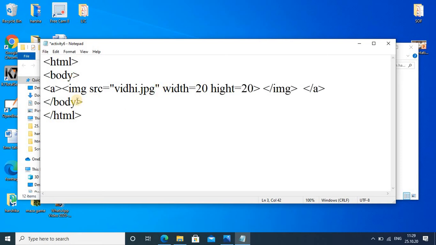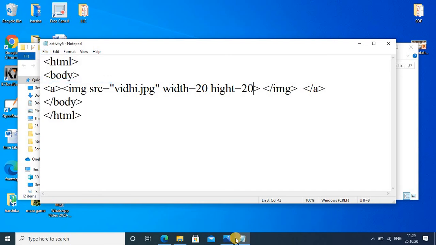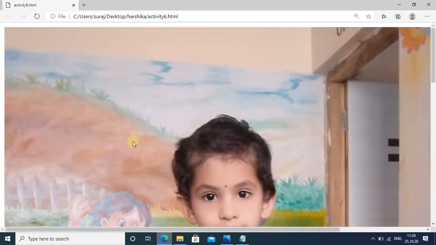Okay, and now again save your program and go in browser and refresh it, so image becomes small. Like this way you can make your image size small or large. Okay, and now still it is not a link.